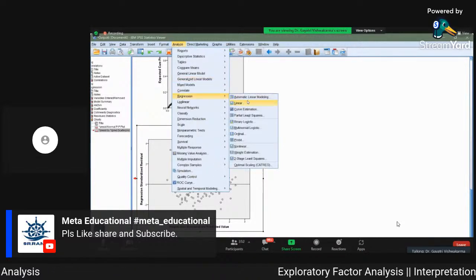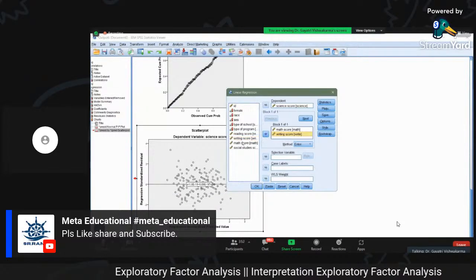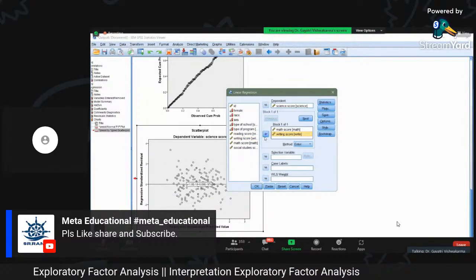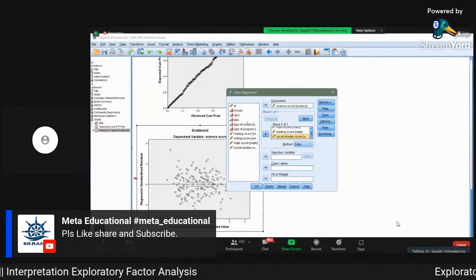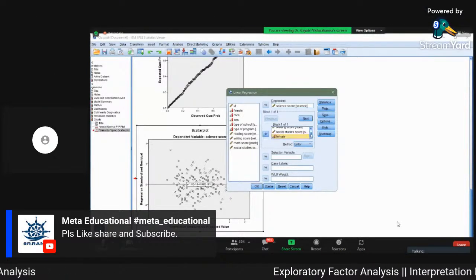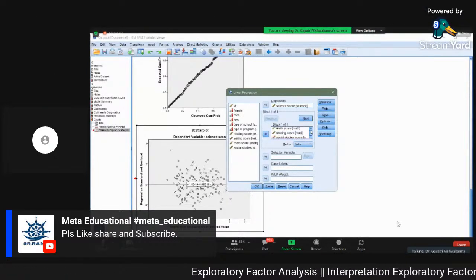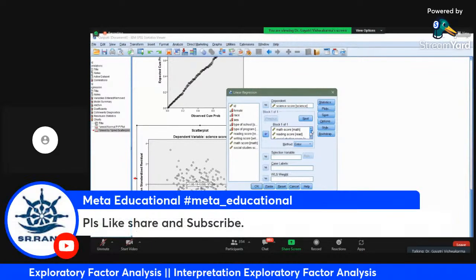So I'm going to include all my variables, not writing, let's say reading and social studies. And whether it depends on male and female or not. What all variables are included? These variables. Now,